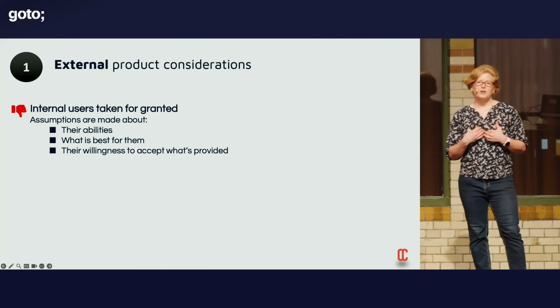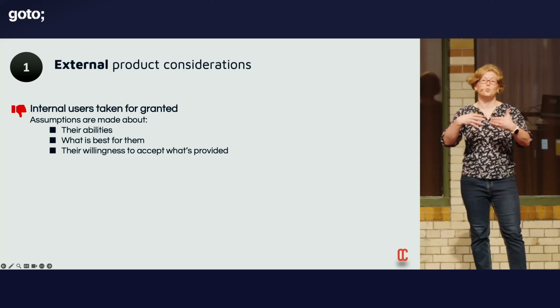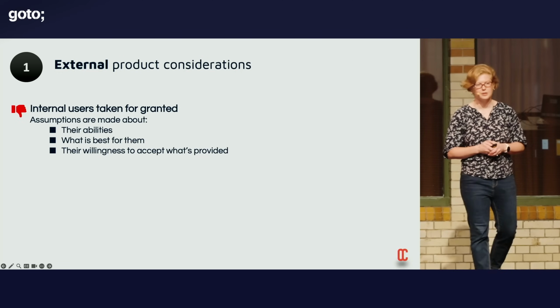So we might think, well, as a developer, you should be able to work with a YAML file, and that should be simple enough to do. So maybe that's an interface, which is fine. We can let them use that. We also might make assumptions about what's best for them. So we might have ideas as to the best CI/CD approach to go with and impose that on developers as the way that the platform will actually implement that.